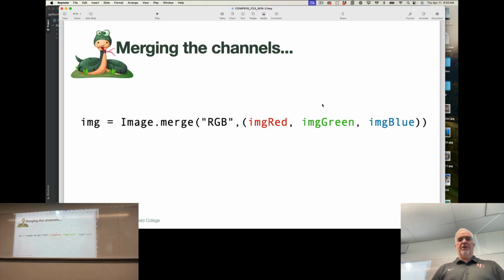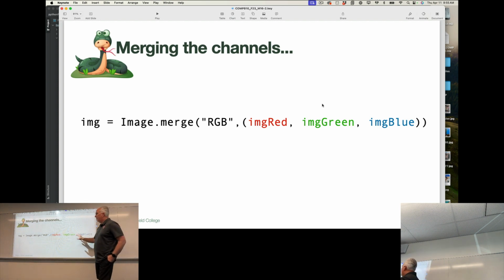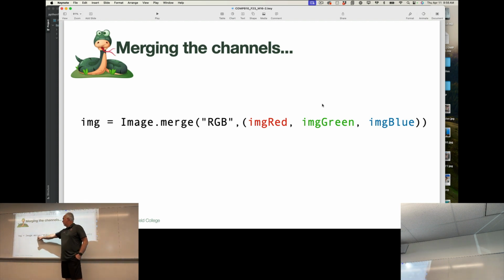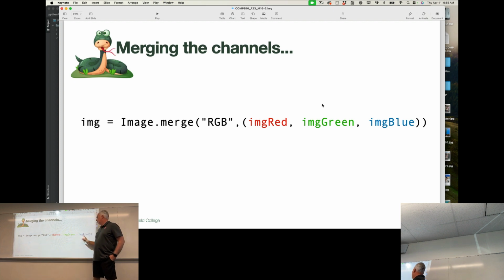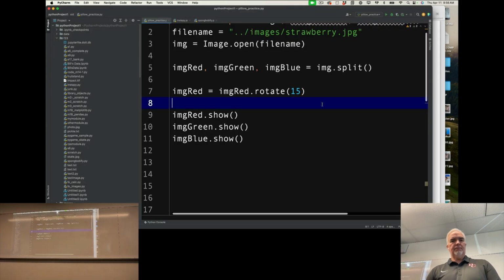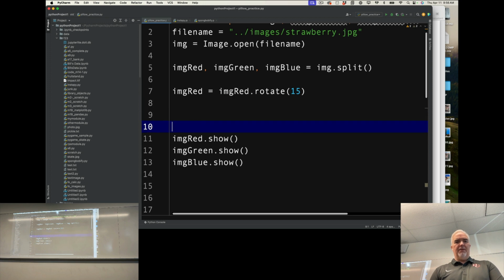And then when I want to merge those back, the merge function or method from the image object requires two arguments: what color model you're going to use, so RGB, and then you're going to give it red, green, and blue, again, as a tuple. So there's two arguments there. One of them is a tuple. So if I want to merge those back together,